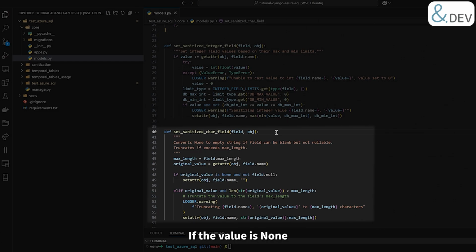If the value is None and the field has null equals False, it replaces the value with an empty string. This ensures that the non-nullable fields have valid data. Checks for length exceeding max length. Converts the value to a string if necessary and checks its length. If the length exceeds max length, it truncates the value to fit and logs a warning. Sets the sanitized value back to the object using setattr. This function confirms that CharField values are valid before being saved to the database, avoiding errors caused by values exceeding